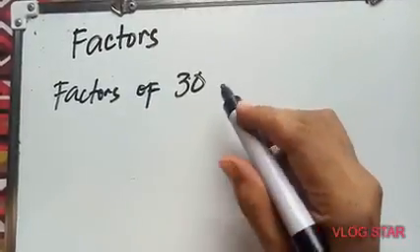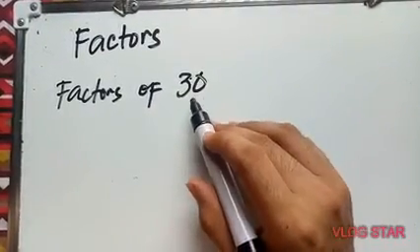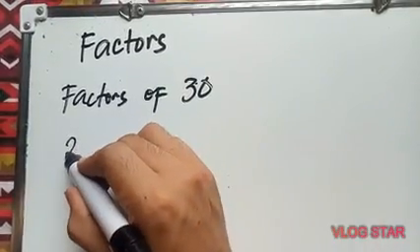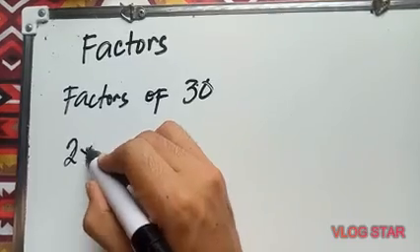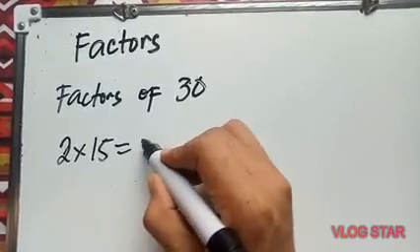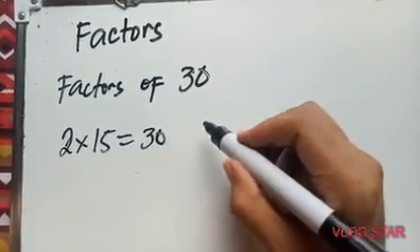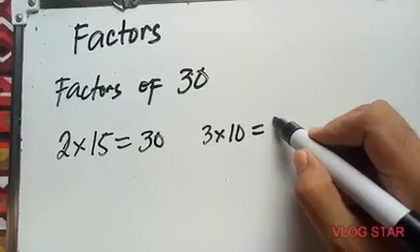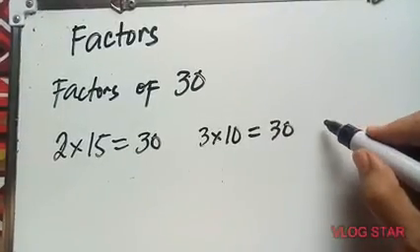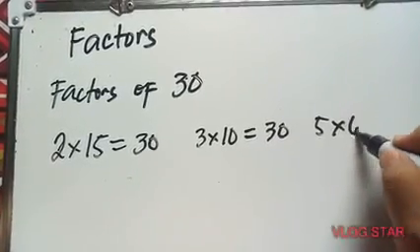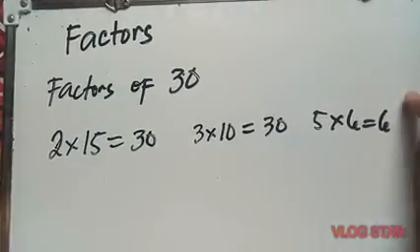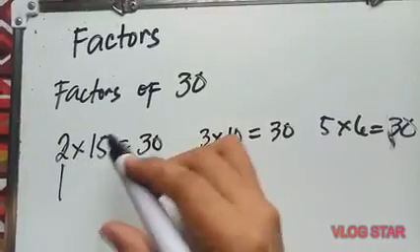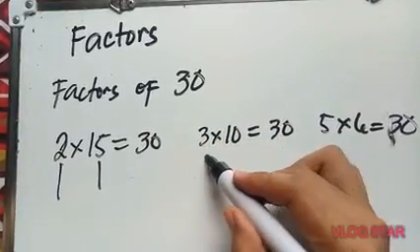Think of two numbers that, when you multiply them, the answer is 30. 2 times 15, the answer is 30. 3 times 10, the answer is 30. And 5 times 6, the answer is 30. So meaning to say, these numbers